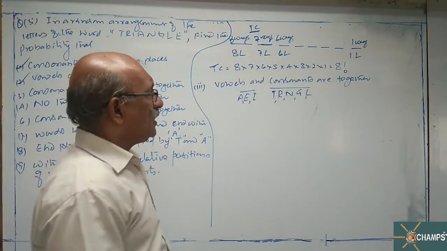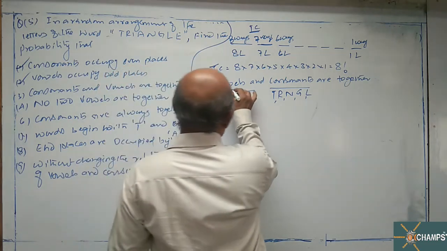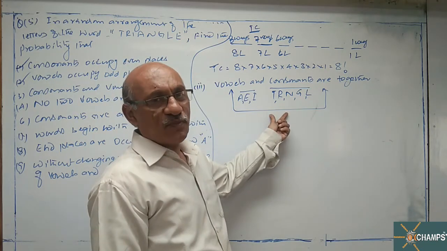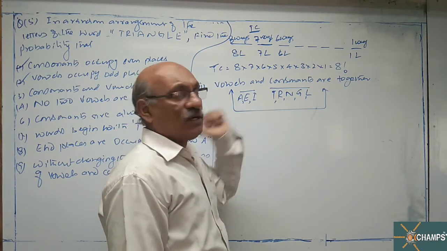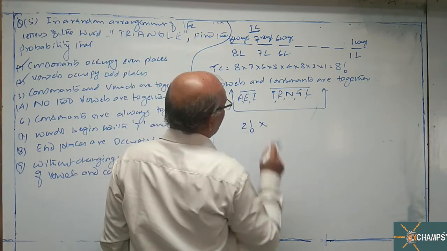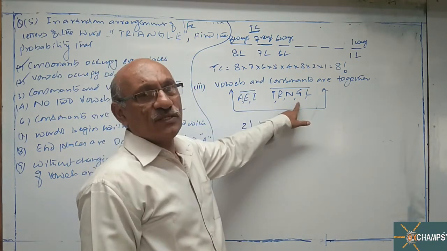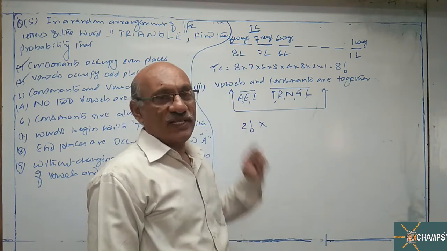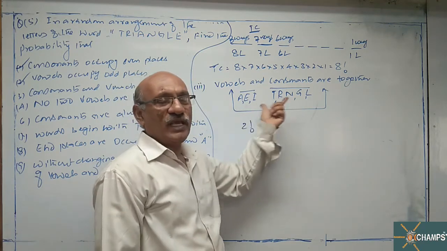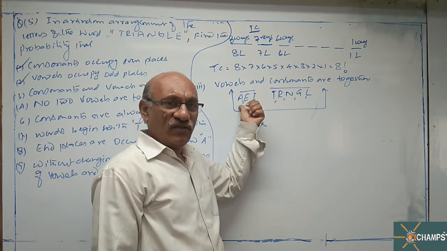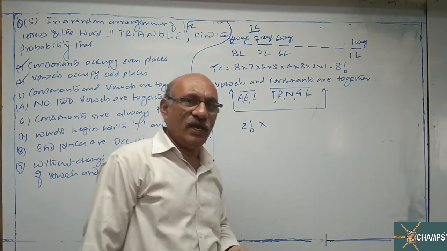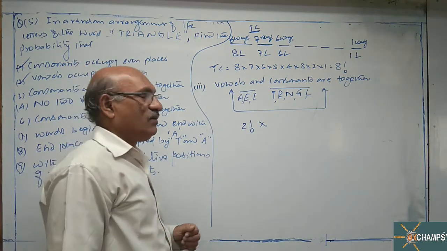Now there are two objects. Look at the question this way: I am using two brackets. Look at the question from the square brackets point of view. Inside the square brackets there are two objects, so these two objects can be arranged in two factorial ways. Vowels first, consonants next, otherwise consonants first and vowels next. When I treat all the vowels as one object and all the consonants as one object, there are only two objects, which can be arranged in two factorial ways.